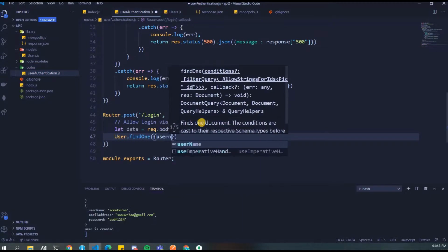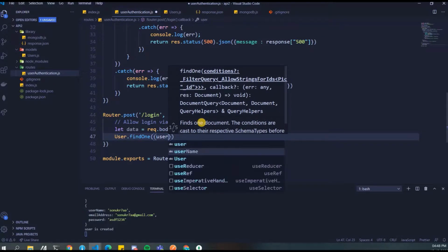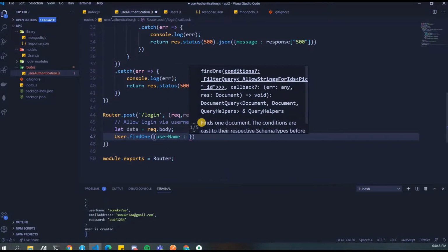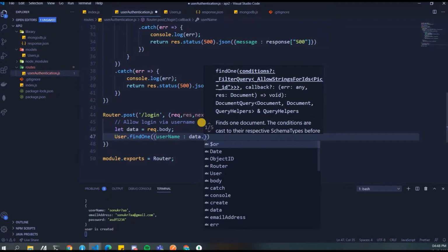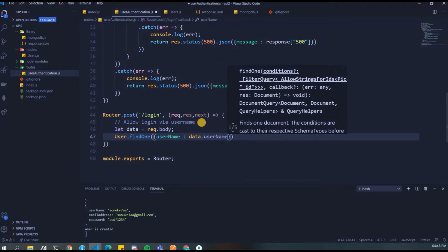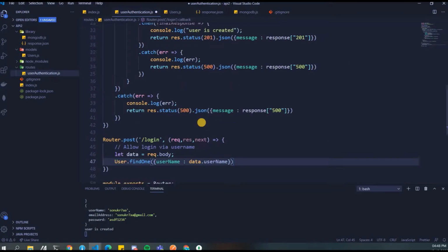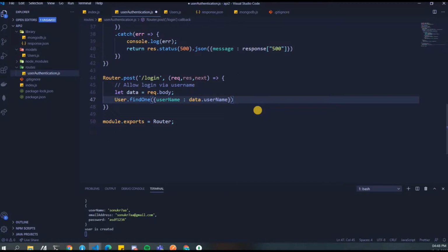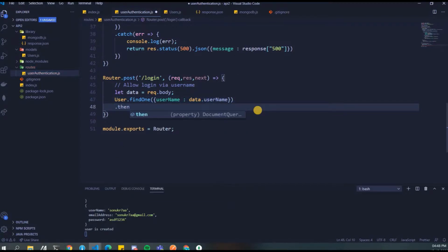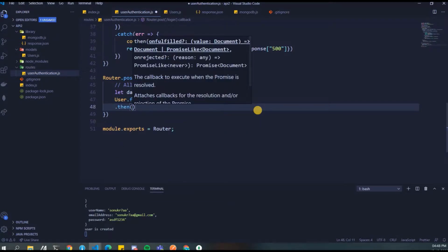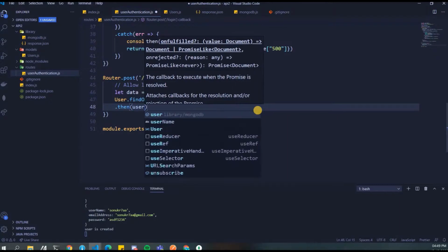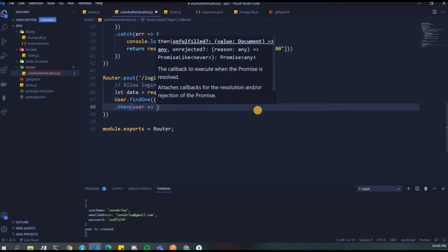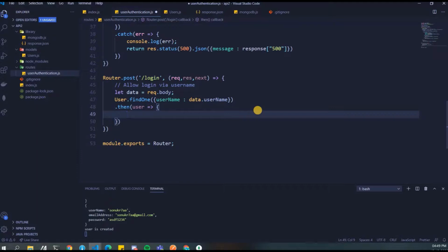Okay, so username, and then we'll have data.username. So there will be two fields. So you don't have to create another model for it. It's gonna take the same model, and in that only it will check whatever things it has to check, because we are not saving data over here, right? So based on that we can provide.